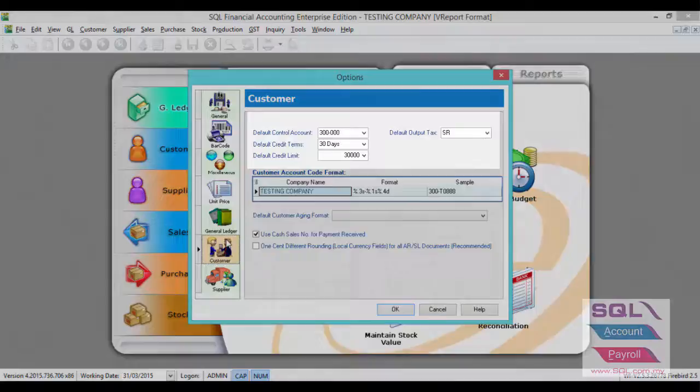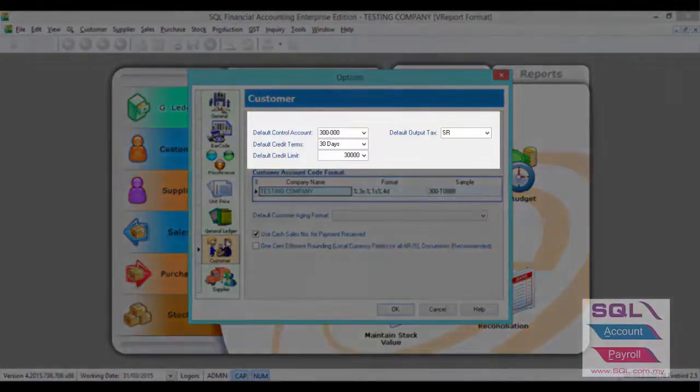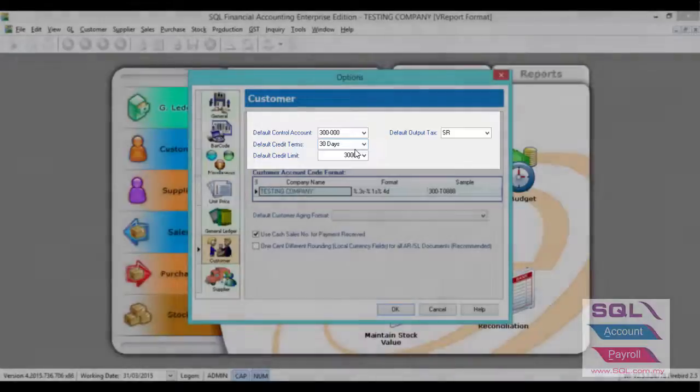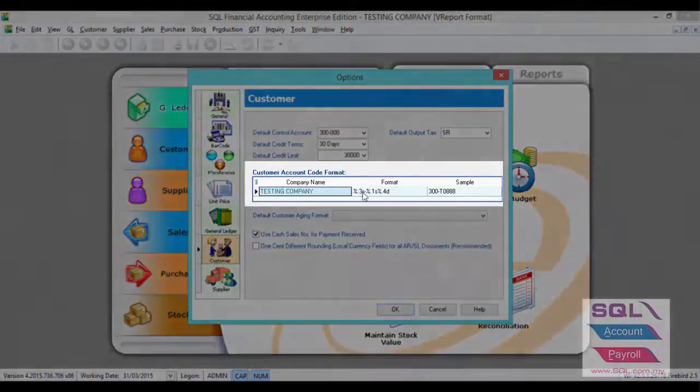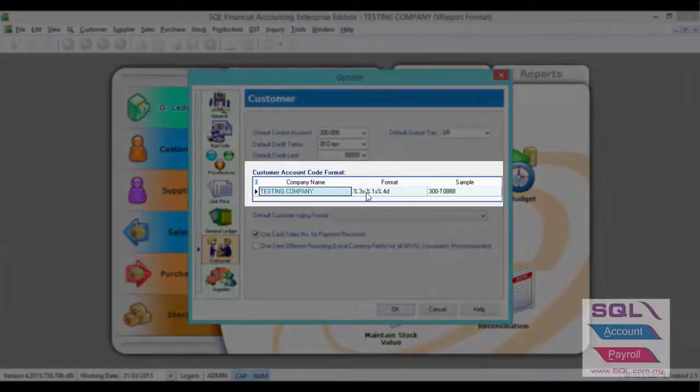Let's go to customer. You can also set your default control account, default credit terms, and also default credit limit. All these are the default settings in maintain customer. You can also change your customer coding. Let's say our default format starts from 3S, which means 3 digits